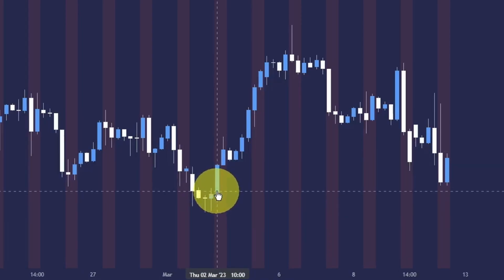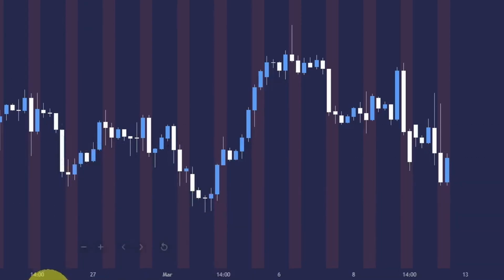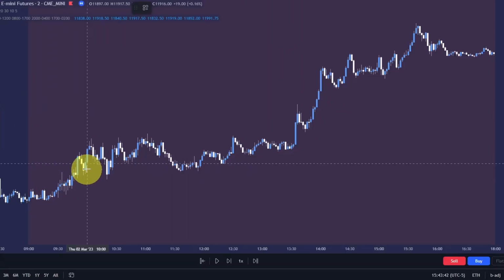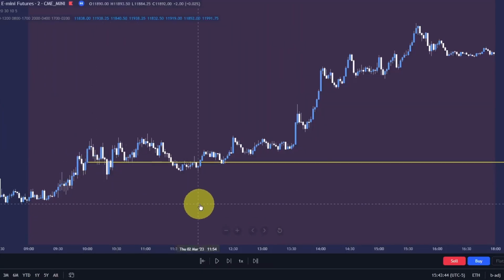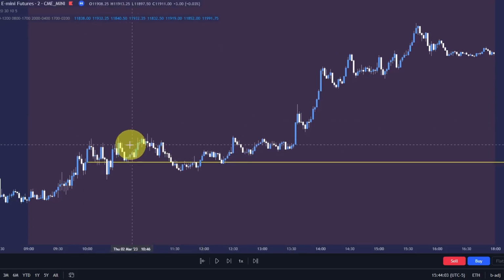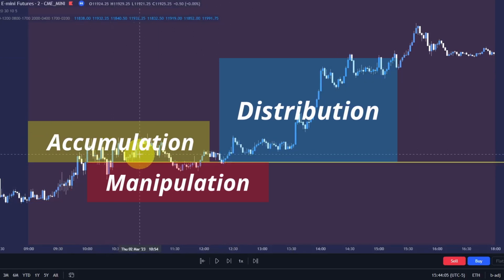On this day in particular, it is Thursday, March 2nd, so we can zoom into that to get a better look. If we find our 10 a.m. opening price, we can see it was largely choppy. We stayed in this range for a little bit, and obviously in hindsight, we can consider this to be our accumulation. And we have manipulation below the 10 o'clock open and then distribution as prices pushed higher for the remainder of